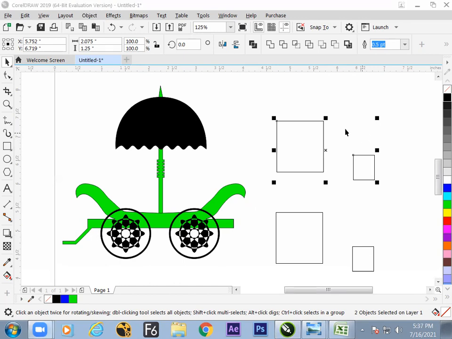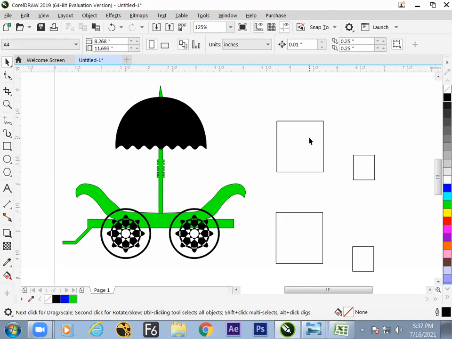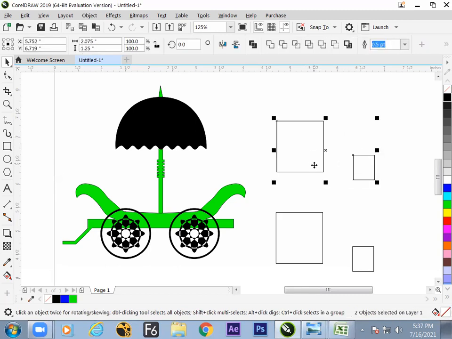The answer is: if you need this object to not move, then select this, then select this, and go for top align. What happened now? The object which is selected in the end becomes the target object, and the rest of the objects will follow that particular object's top.